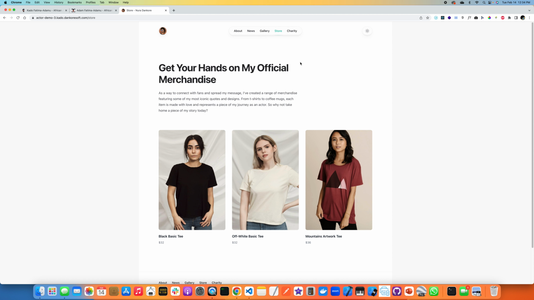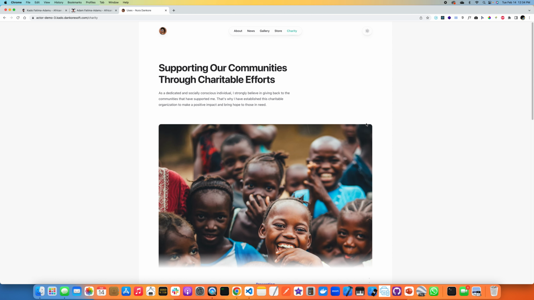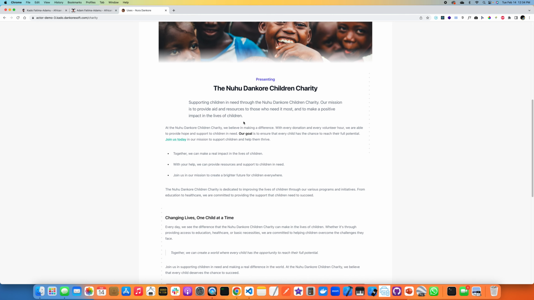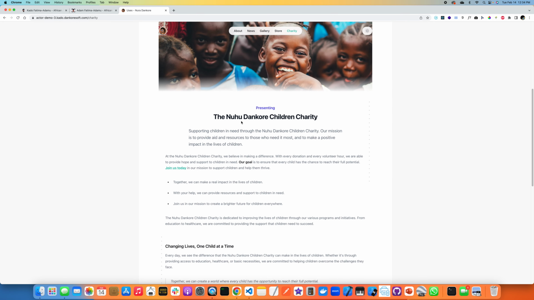But this is also an advanced feature. If you want it, just let me know, and we can get started on that. Lastly is the charity. This is an example page that will show your charity, what your charity does, some images, and so on and so forth.